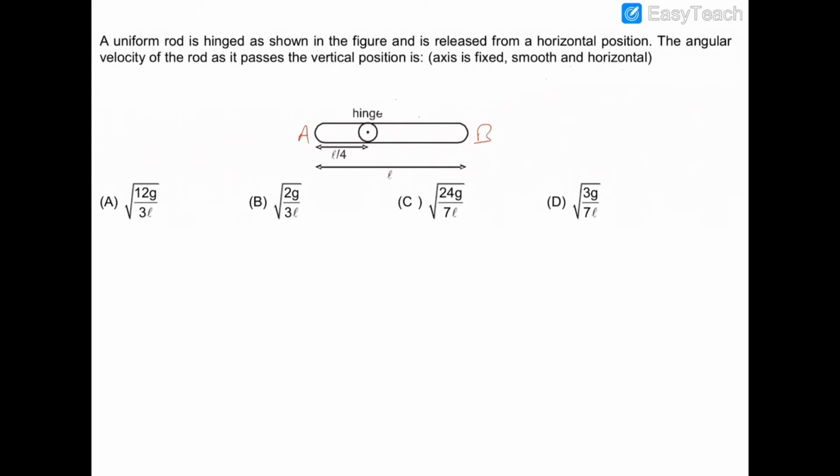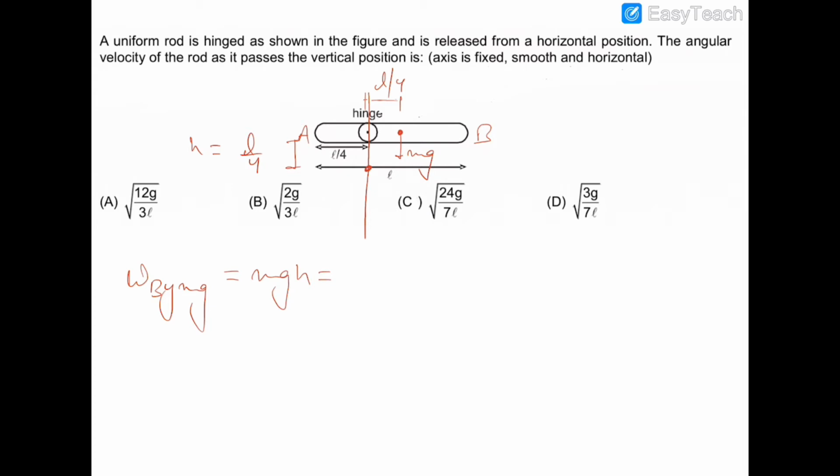Now first of all, let us locate the center of mass of the rod, and therefore the center of mass of this rod would be at a distance of L by 4 from the hinge. This is the center of mass. So this mg would be acting in the downward direction. Now when this rod will become vertical, then the center of mass would be lying at a depth of L by 4 below the hinge, and therefore work done by mg on the rod would be mgh,